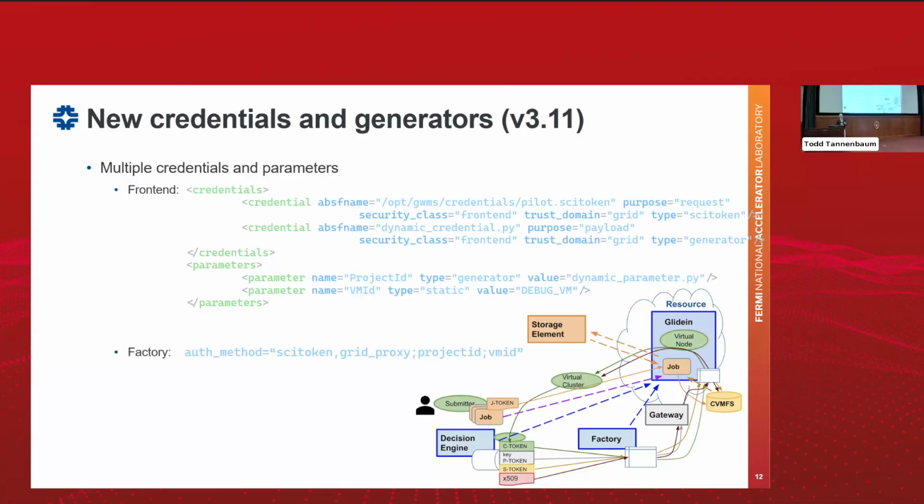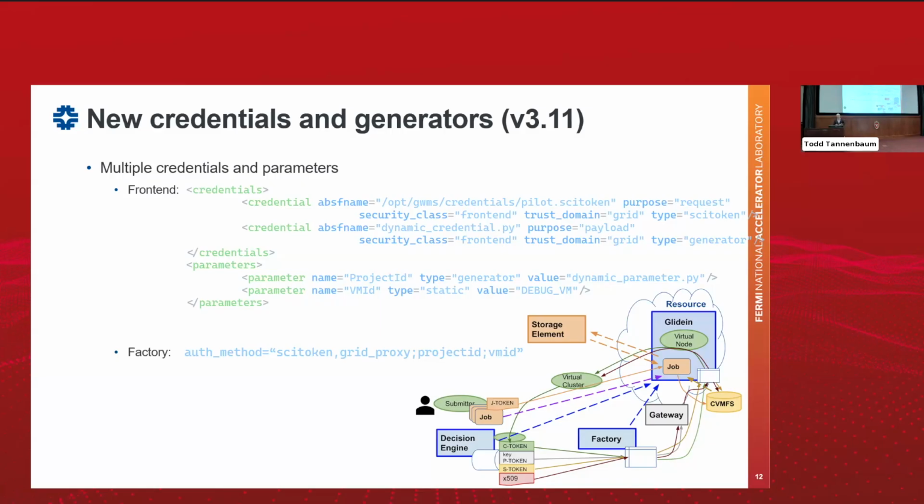With tokens, before we had a proxy that was basically present everywhere and used for everything, right? Tokens now are short-lived. They are specific capabilities. So you want many and to be aware of what they are used for. So we added that flexibility in the configuration to add tokens and parameters that before were kind of clumped together with the credentials. Parameters can, for example, say what your username is in a system or which allocation you are using. We made the mechanism more flexible, so now you can specify